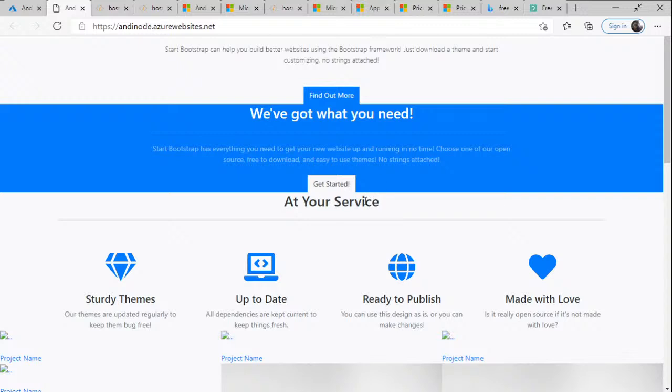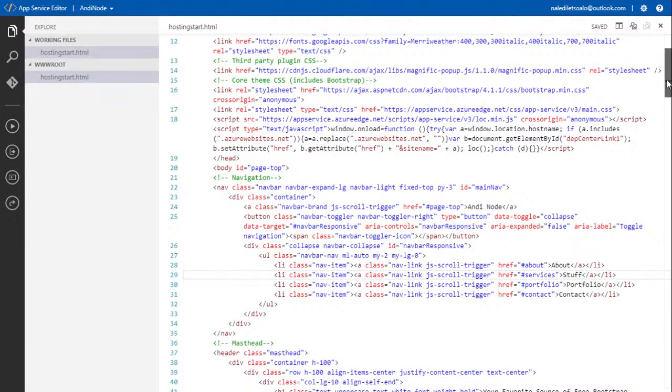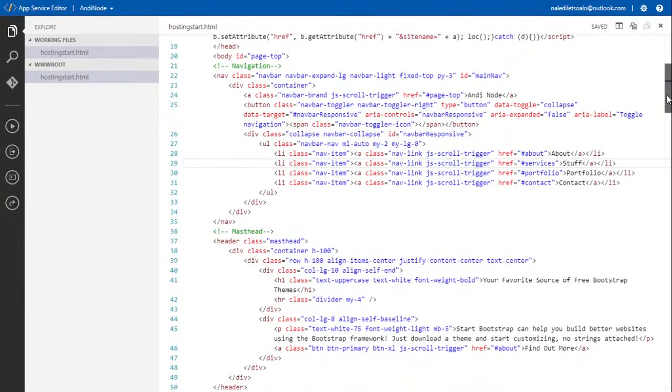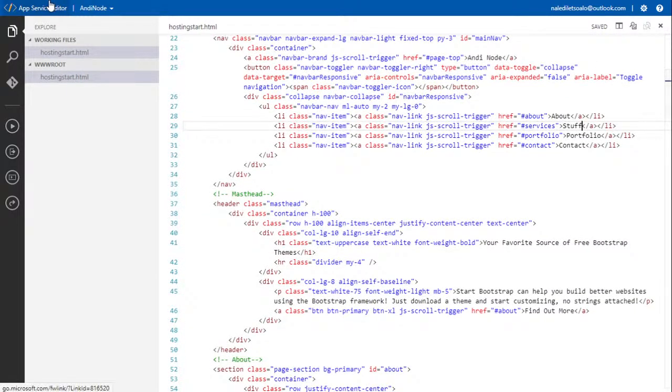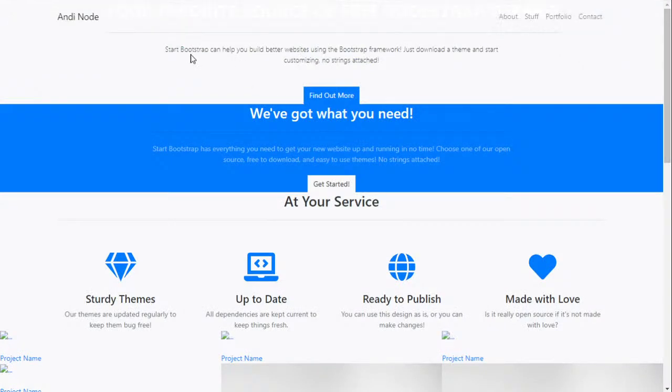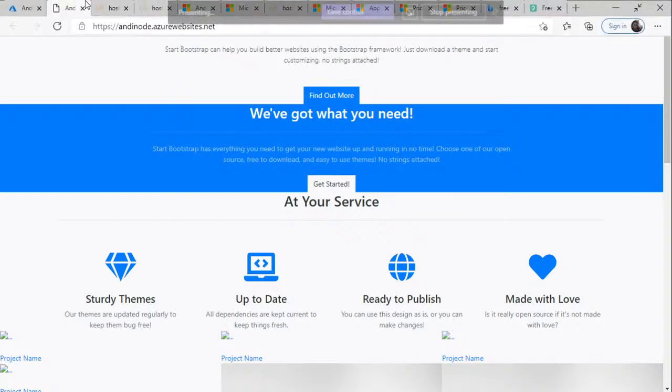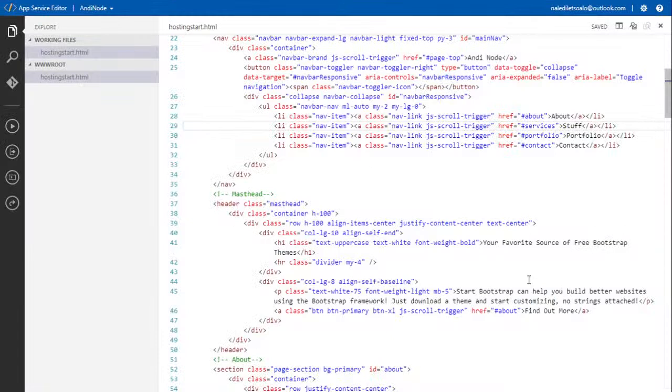But I also want to make some changes to some of this text over here. At your service, we've got what you need. I kind of need to make those changes as well. So best thing to do, look for something that you saw on the website itself. So be like, all right, Start Bootstrap can help you build better websites using the Bootstrap framework. So let me try and find, there we go. Start Bootstrap can help you build better websites. Now, this is also where you then start to figure out, okay, this is over here, P, that is usually for text, all right?